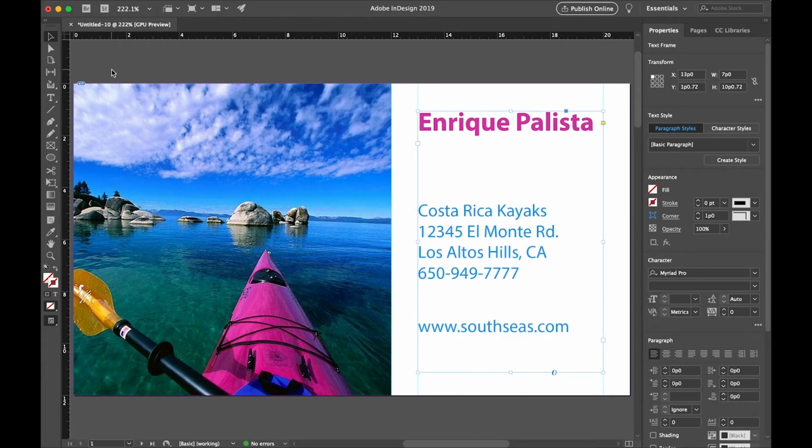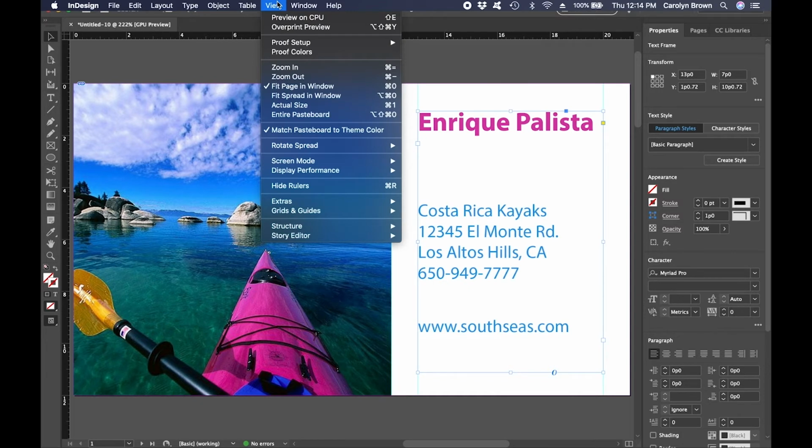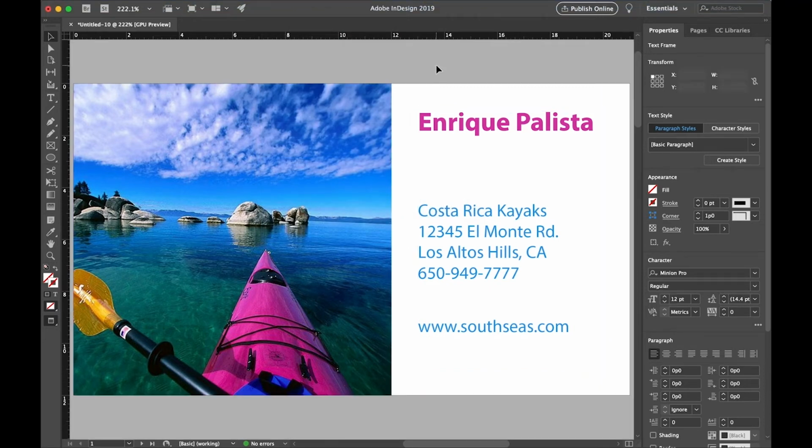Deselect and look at that. Okay, so I have a nicely formatted business card with picture, text, colors from the picture, and so forth. I want to get rid of the guidelines and make it look like it will when it prints out. So we know that we can go to the View menu and turn our guidelines off there. We can also go to the View menu and switch our screen mode to Preview, which will remove the guidelines